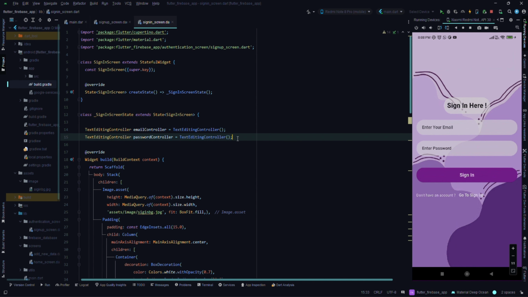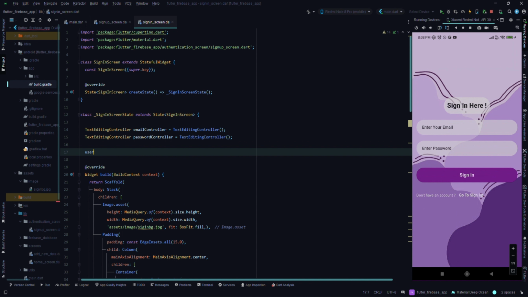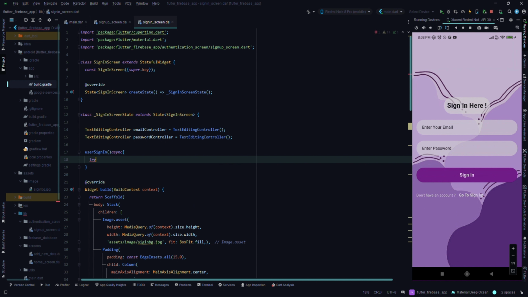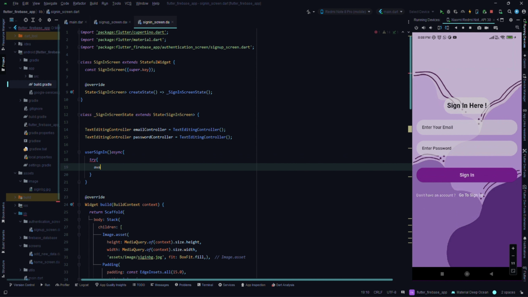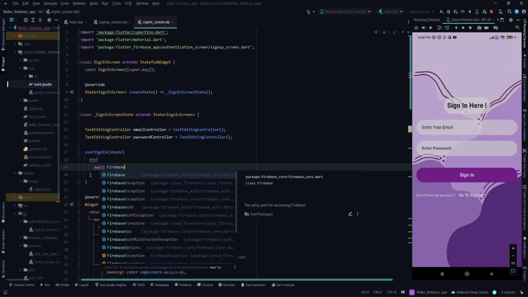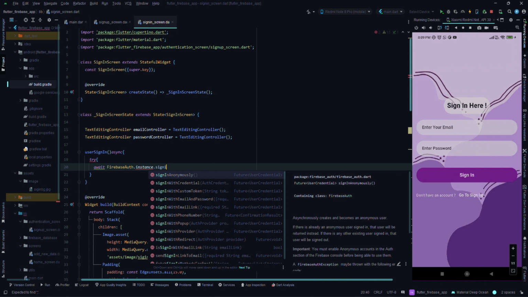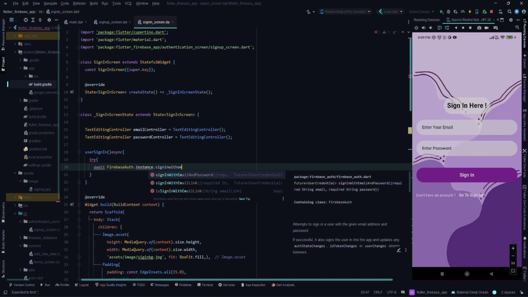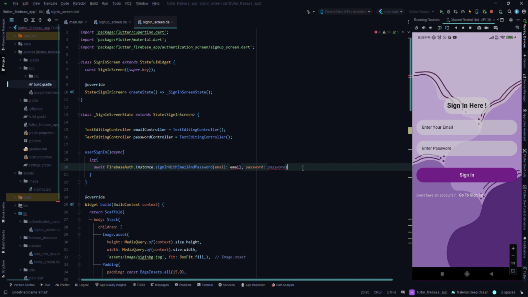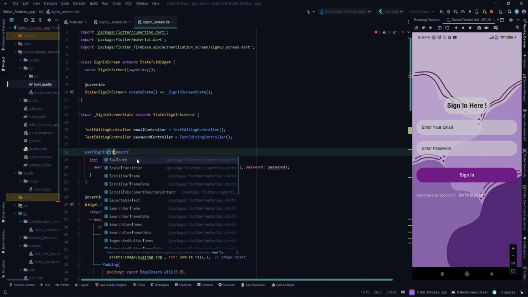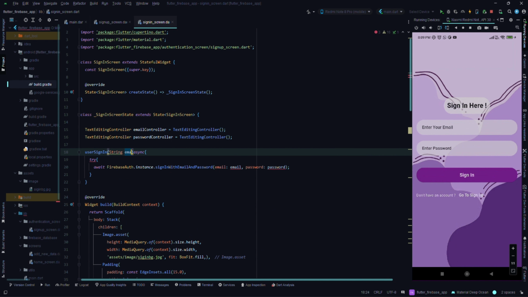And after that, we'll create one function for user sign in. It will be async type, curly braces, and inside this we'll use try, await, Firebase auth dot instance dot sign in with email and password. Here we need to pass these two values, so I will have to create two parameters, string type, email and password. Same will be passed,